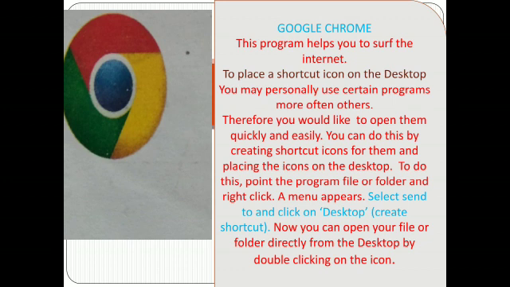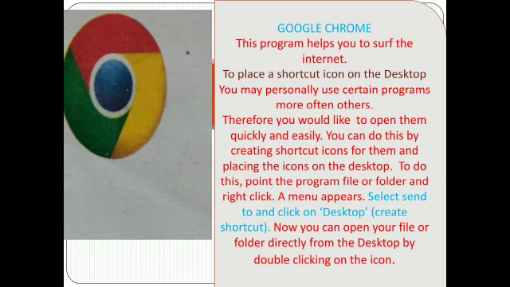To do this, point to the program, file or folder and right click. Then a menu will appear.